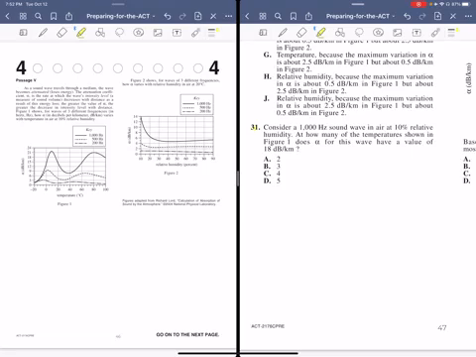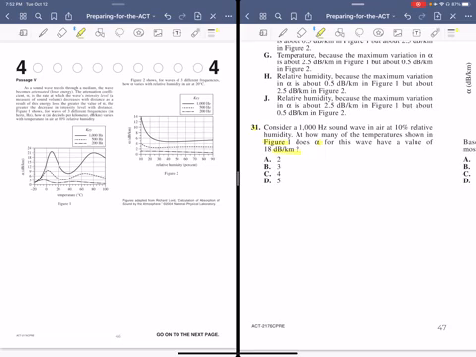Science question 31. Consider a 1000 hertz sound wave in air at 10% relative humidity. At how many of the temperatures shown in figure 1, it tells us where to go, does this symbol for this wave have a value of 18? Okay, so oftentimes in the ACT, they're going to give you an unfamiliar variable or something that's more unique because